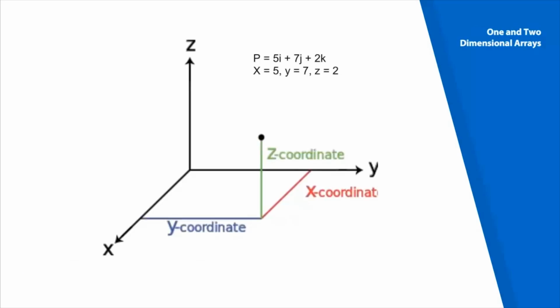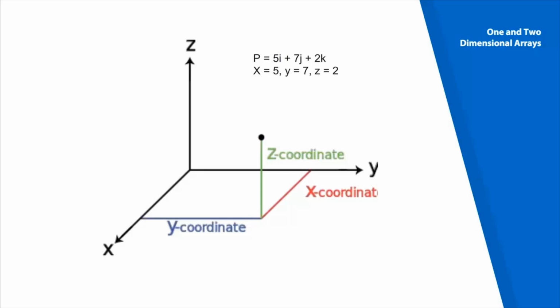Before we start with arrays, let's consider this. We can represent the location of a point in three-dimensional space by three Cartesian coordinates x, y and z. These three coordinates specify a vector p. The set of unit vectors i, j and k whose lengths are unity and whose direction coincide with x, y and z axes respectively can be used to express the vector mathematically as follows. So we can write p is equal to xi plus yj plus zk.